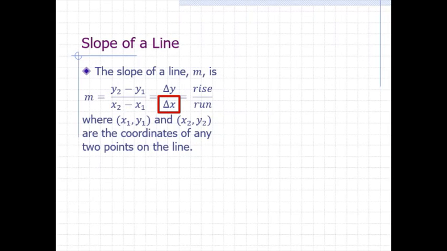Since slope is just the ratio of the change in y to the change in x, we can think of the slope as the corresponding change in y if we change x by 1. Note that when delta x is 1, m is just equal to delta y. Since the y-coordinate refers to vertical coordinates, delta y is often referred to as the rise, and delta x, the change in horizontal coordinates, is referred to as the run. The slope of a line is often defined as rise over run.